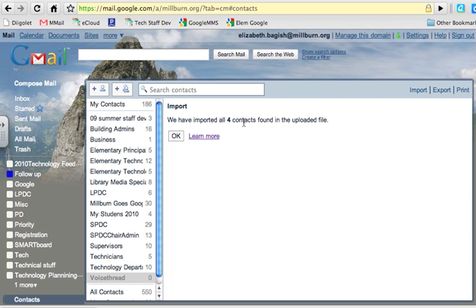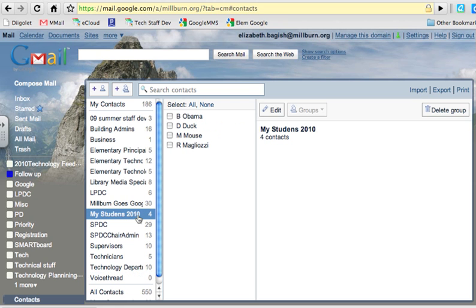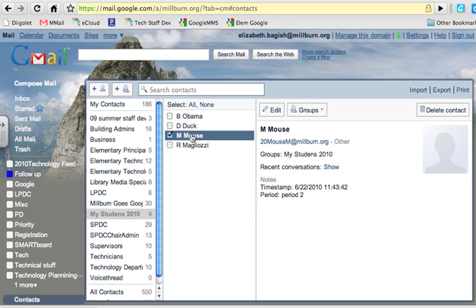So notice it says we have imported all 4 contacts in the uploaded file. If you had 120 kids and they all filled out that survey, you could import them all at once. And I also have My Students 2010 right there. So I've got all those students in, and as I click on any one of them, let's do Mouse, you can see that the email address is right there, the name convention has put in, and they're actually in a group, and you can even show the recent conversations, meaning the recent emails, when you want to,